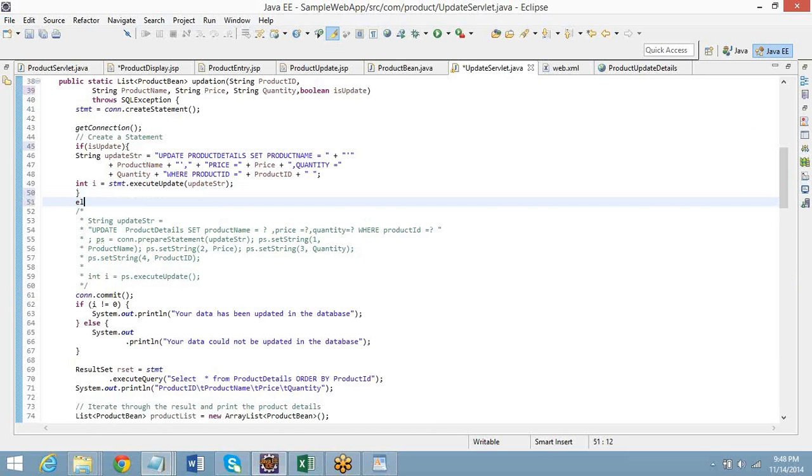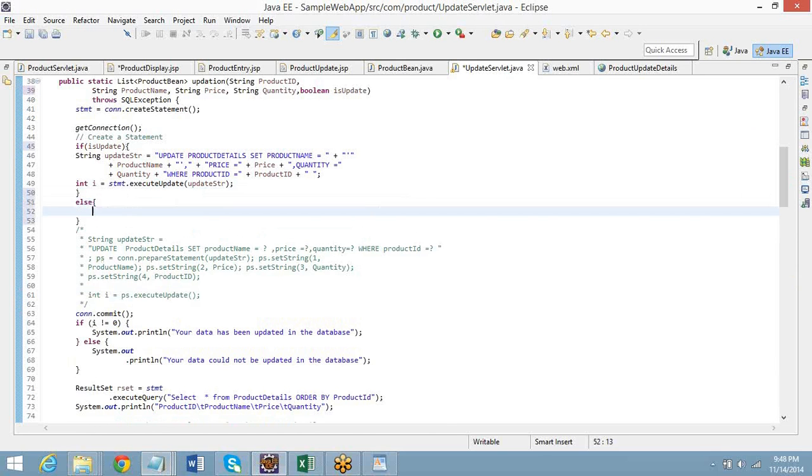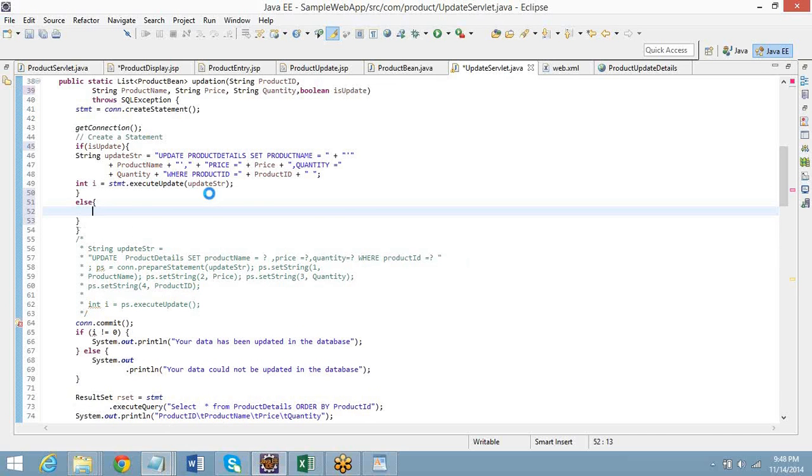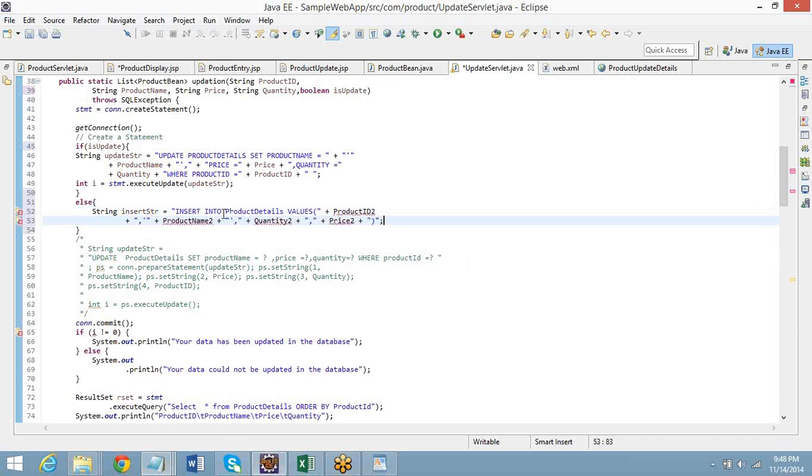Open the braces and copy whatever we have copied from there. Right, one second. This I need to put as product ID. Yeah, change the names: quantity, price, all these things. Change it. Yeah. Now,